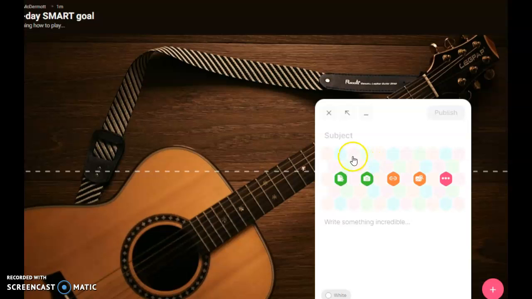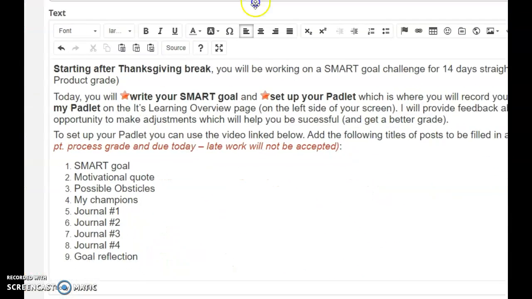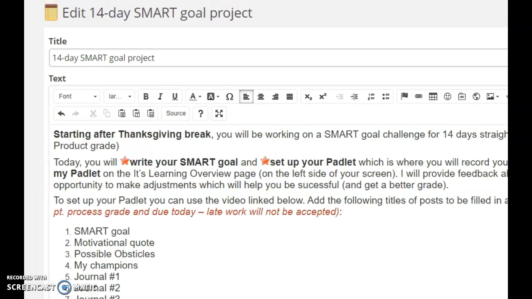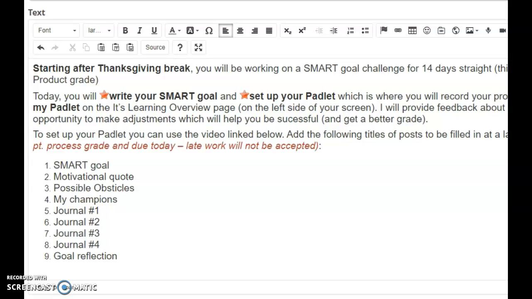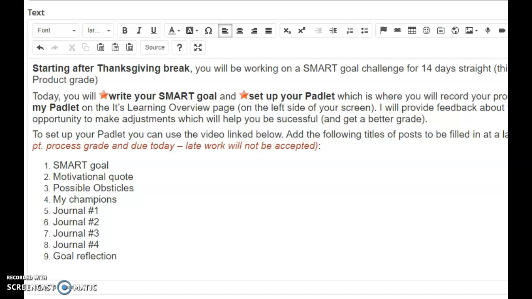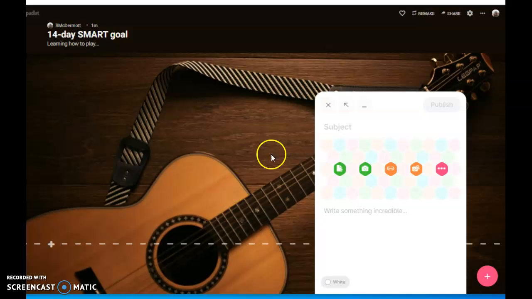So what you're going to do is just set it up. On It's Learning, you have a page that looks like this. It's called 14-Day SMART Goal Project. It has all the information about what I'm looking for. So each of these 9 pieces, we're going to go ahead and put on our Padlet. So for today, you're just going to do the title. So for the subject line,